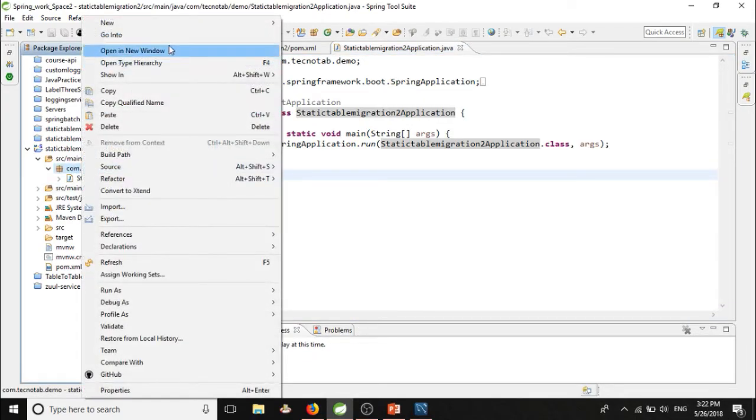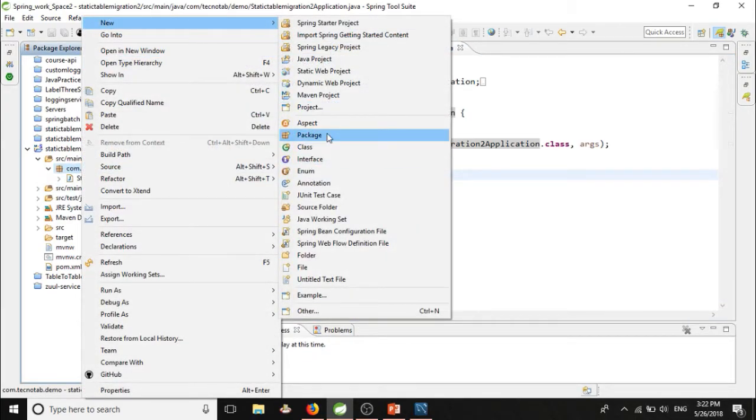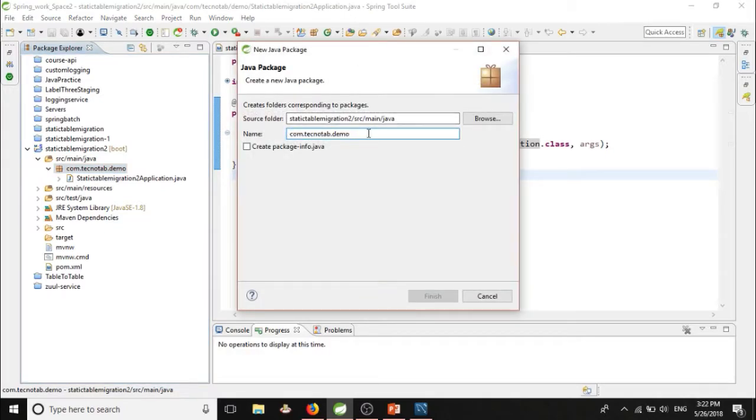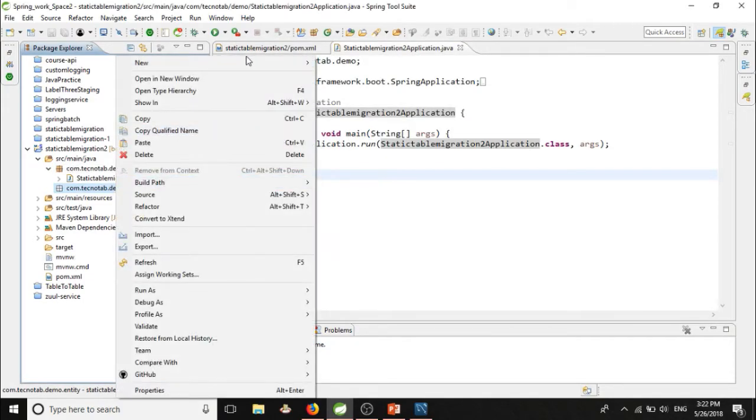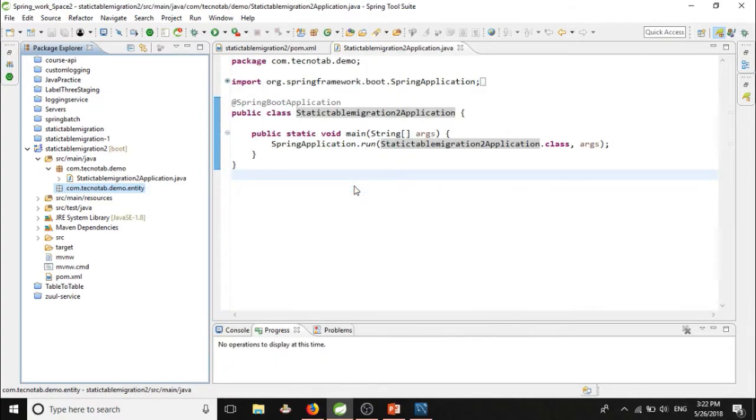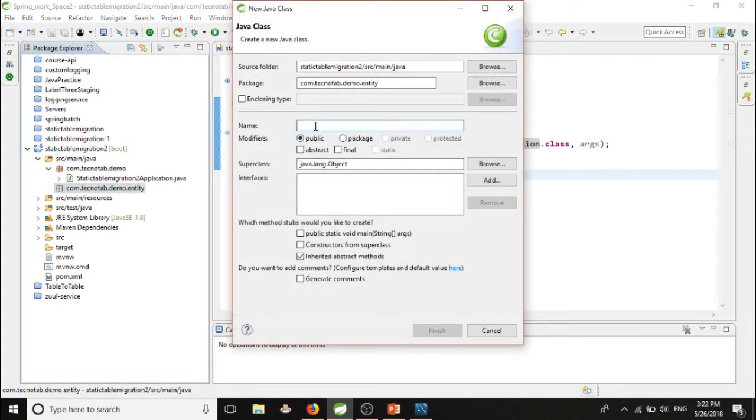For that we need to create a package, and you can give any name to this package. For good naming practice, we should give it entity or model. Click on Finish. Now in this package we should create a class, and that class will be our employee class.